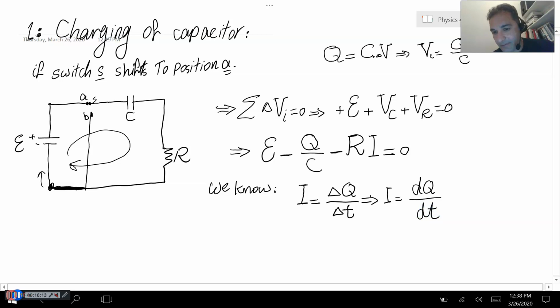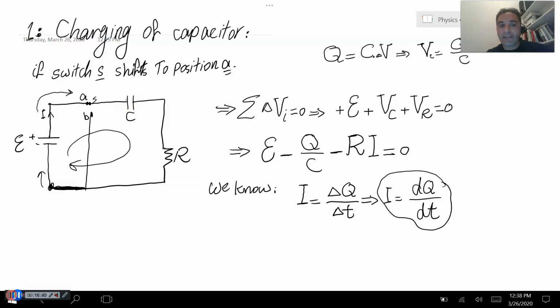So far makes sense? So what is I? Change in charge per time. When electric current goes through the capacitor, is the charge on the capacitor